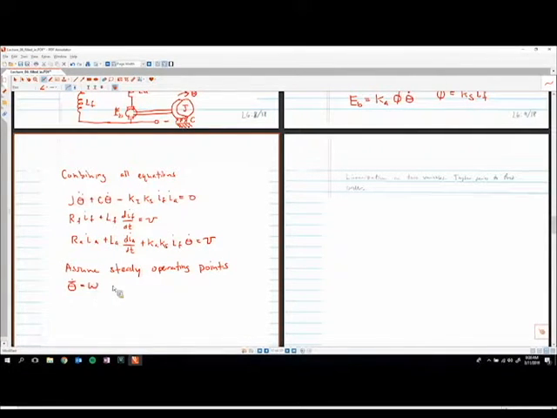Okay, we're going to assume that we have a steady velocity for a steady voltage V. So if we label the combined equations 1, 2, 3, so from 1 through 3,